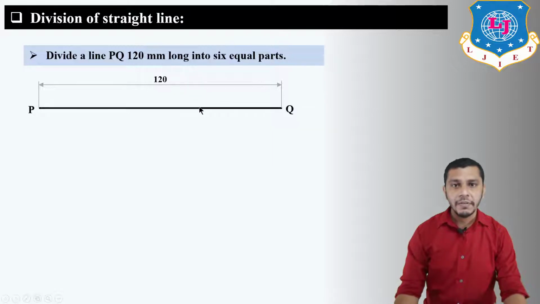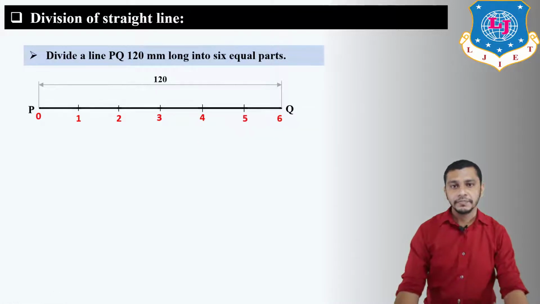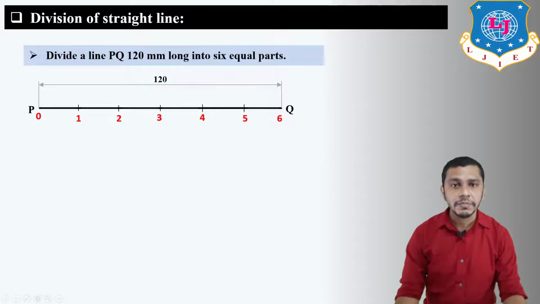So 120 mm divided by 6 will be equal to 20 mm, and this 20 mm will be the length of one division of the line, and it is also measurable by the scale. So it is possible to divide this line into 6 equal parts by using a scale. So take this scale, mark the points having length equal to 20 mm, and you will have a line divided into 6 equal parts. But it is not possible every time to divide a line into equal number of divisions